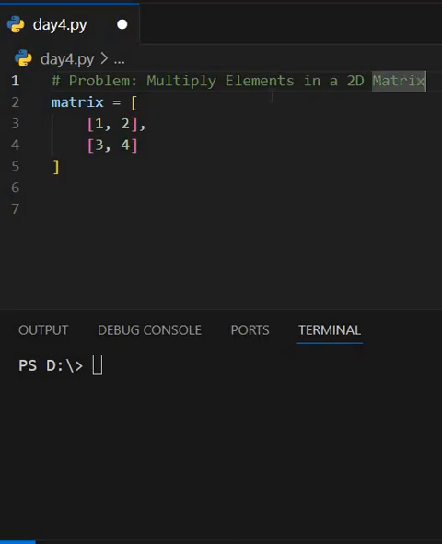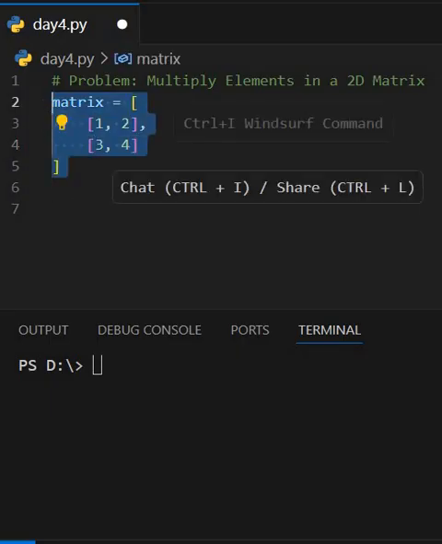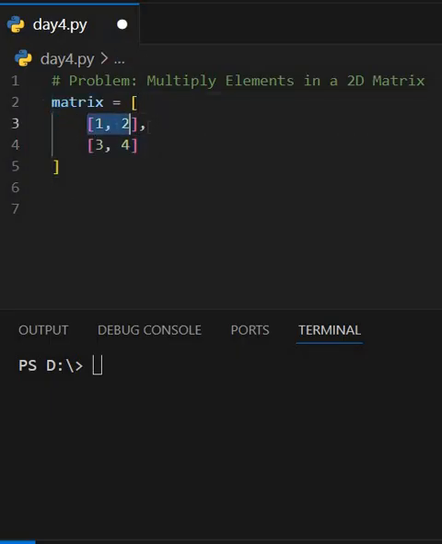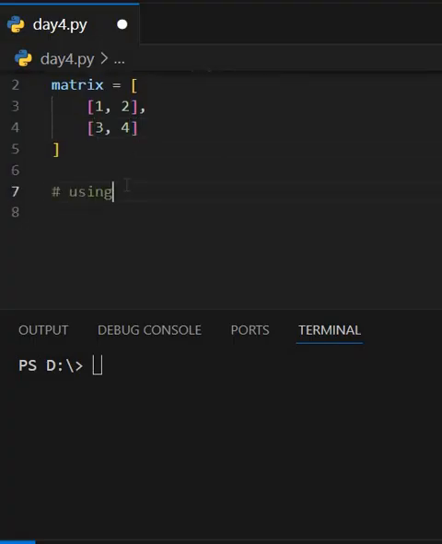So we have a problem: square each element in a 2D matrix. Our matrix is like this, and we have a list. Inside this list we have two inner lists, and we have to square each element from this nested list. So the first method is using a nested